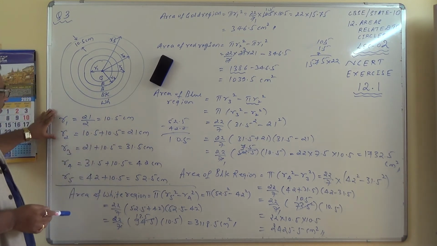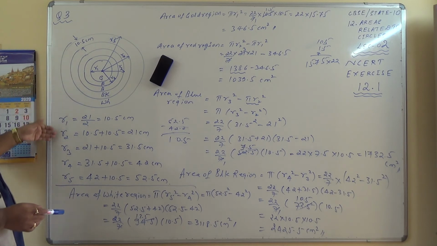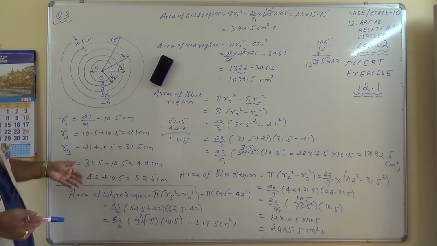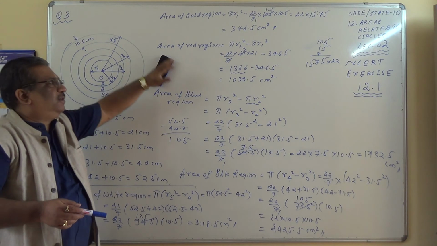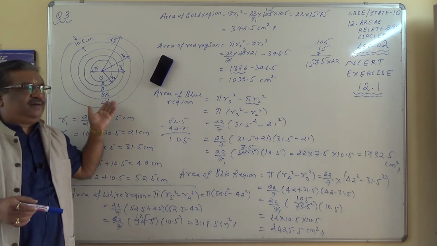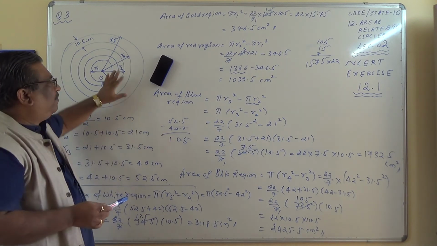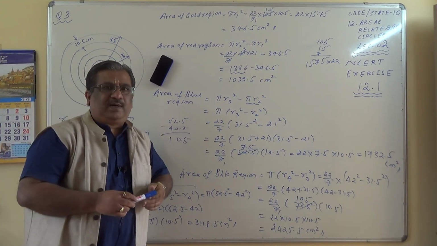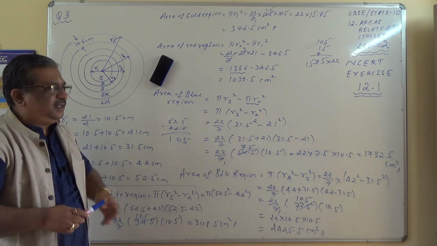See here, important, you can write the R1, R2, R3, R4, R5 values directly, and then go on substituting the values, which is much preferable. In exam, you may not be asked to find out all these regions, at least a couple of regions need to be worked out. So make a note of all these things.